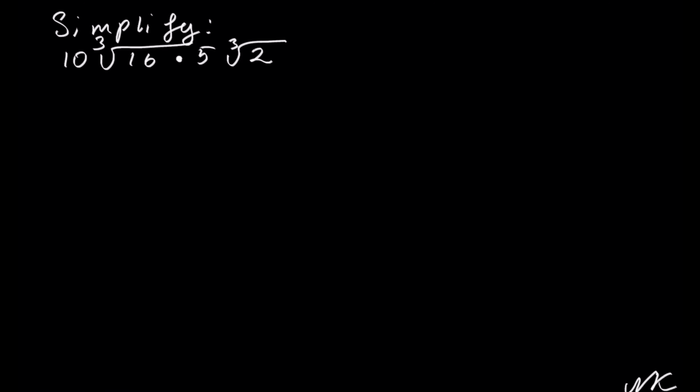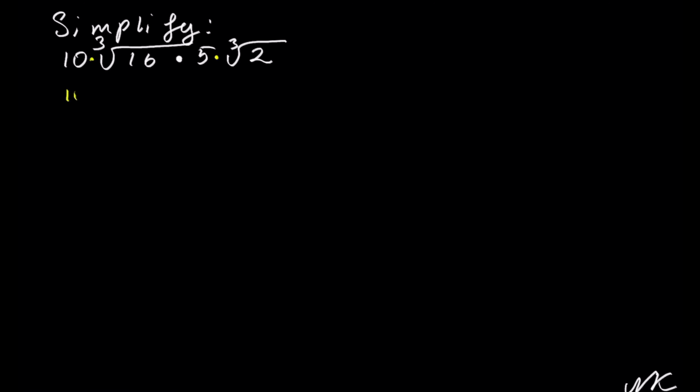Hello, in this video we have to simplify a product of two roots and whole numbers. We have 10 times the cube root of 16 times 5 times the cube root of 2. So we have numbers outside, the coefficients, which are 10 times a cube root and 5 times a cube root. I am going to rearrange this multiplication so that numbers and radicals are next to each other